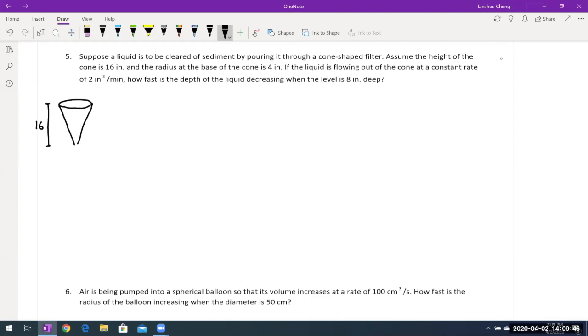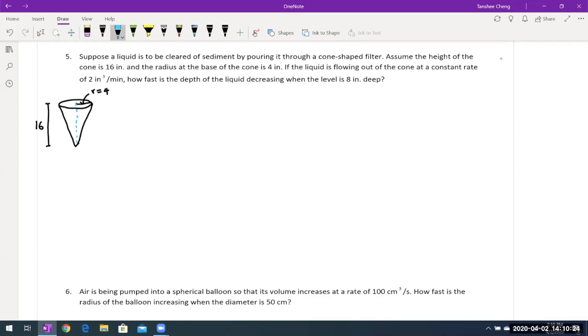And the radius of the base of the cone is 4 inches. That's given to you. Now, the question is asking, when the liquid is coming out at the rate of 2 inches cubed per minute, how fast is the depth of the liquid decreasing? So that's basically saying that, hey, here's the